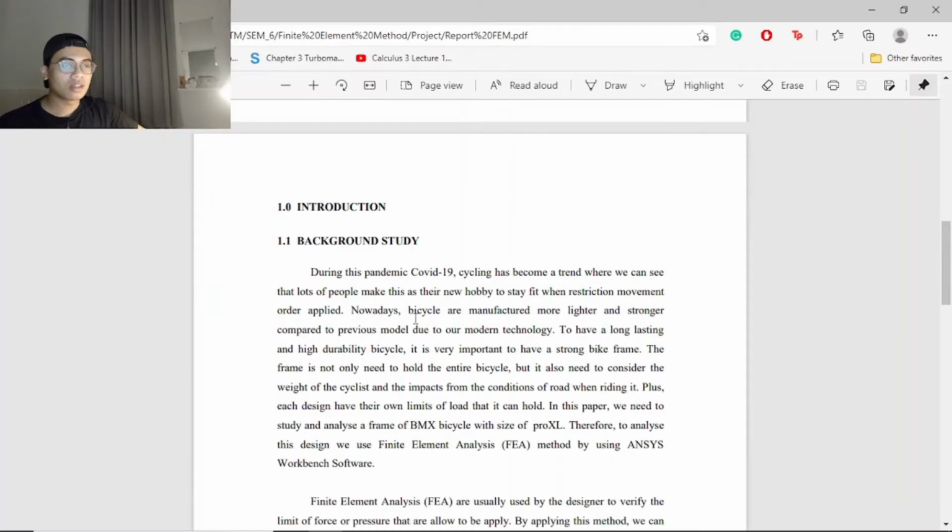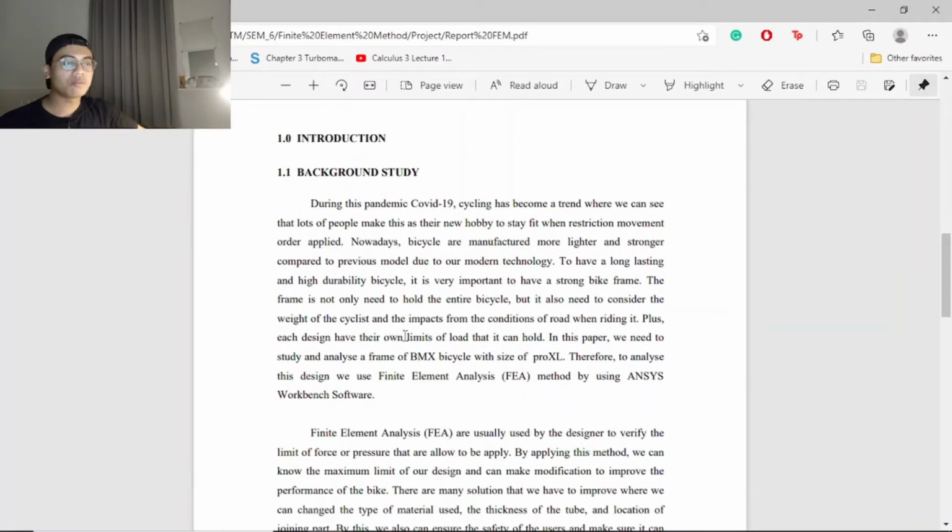As introduction, I will tell you about our background study. During this pandemic COVID-19, cycling has become a trend where we can see that lots of people make this as their new hobby to stay fit when restriction movement order apply. As we all know, it is very important for a frame or a body of a bike to have a strong and high durability body,